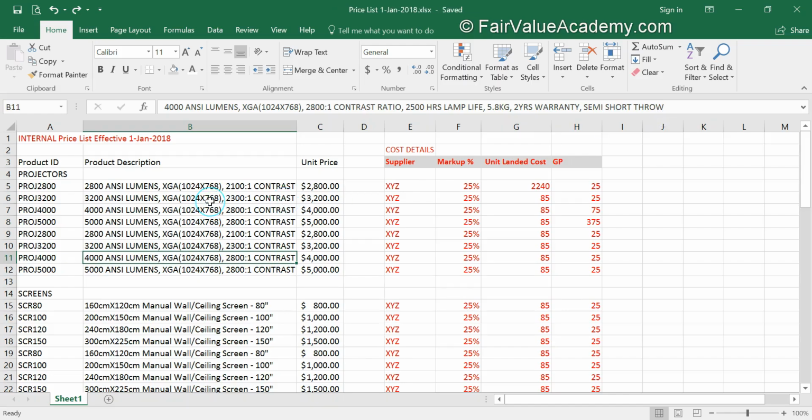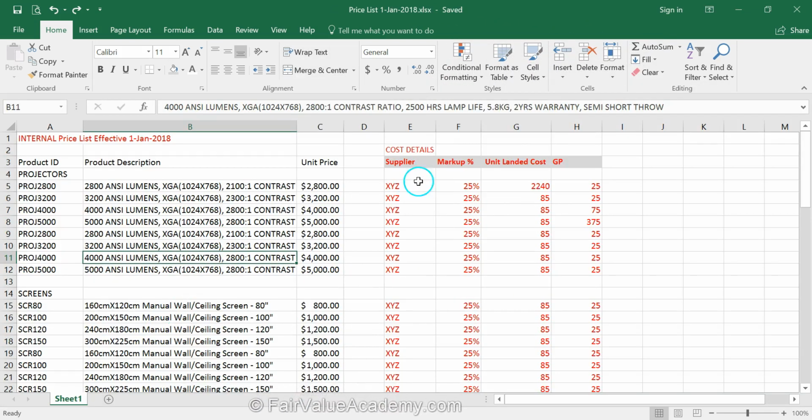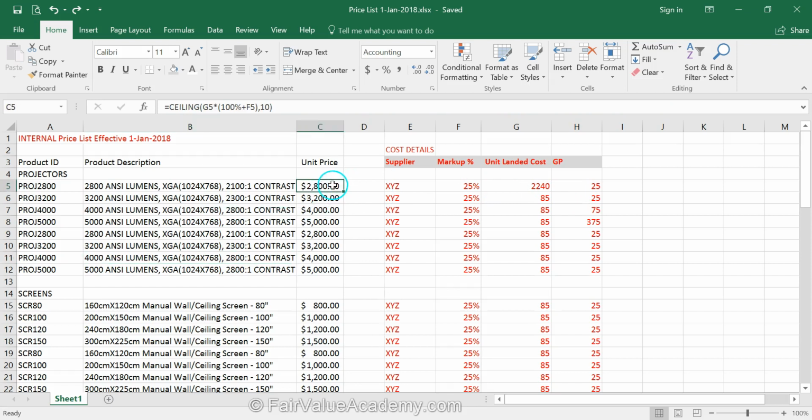Now this is the worksheet which we will work on in order to make it look like our final price list. Before deleting the cost details, we have to make sure that we save our calculations of selling price by removing the formula behind it. For demonstration purposes, I have written a formula on the first selling price here and kept an appropriate cost to arrive at the selling price.